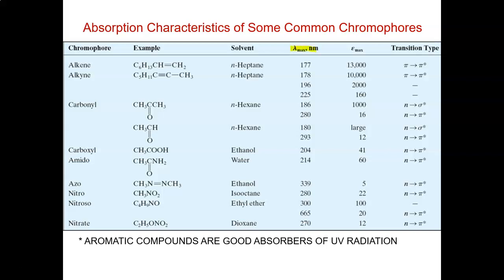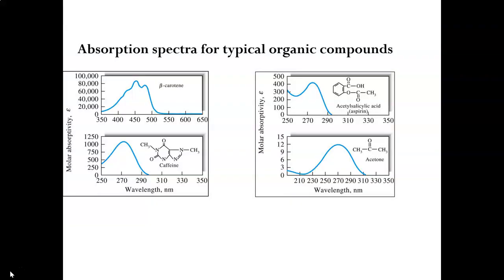It is just to show that it happens in the region mentioned before, even though some are not very accurate. The molar absorptivity value is not very important, no need to remember. Okay, this is a typical